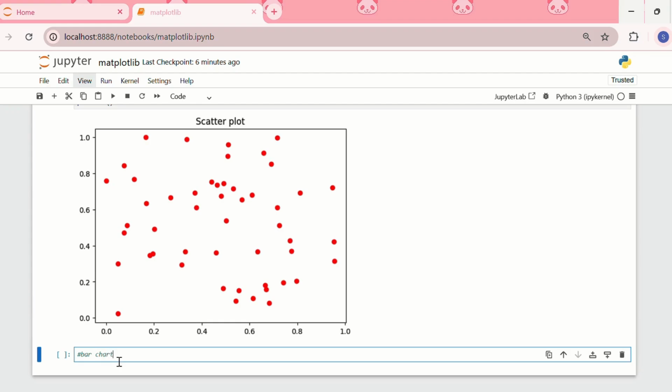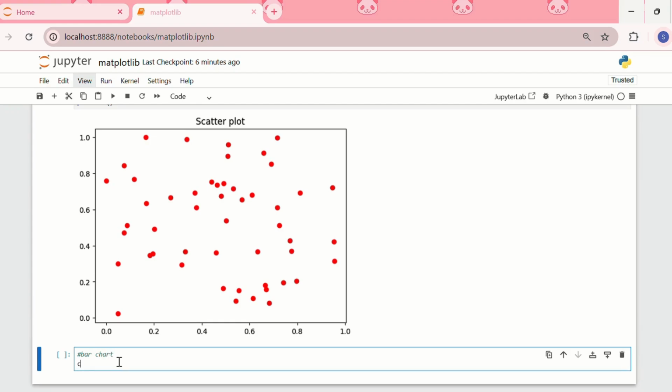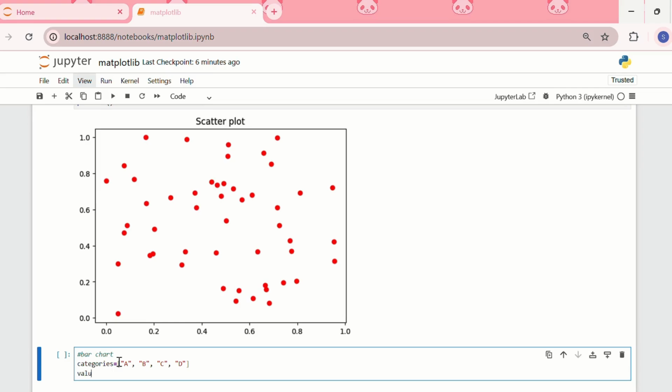So the next plot is bar chart. So for the x-axis I'll be using the column name as categories, in which I'll be storing a list containing A, B, C and D. And for the y-axis, I'll be using the values as 10, 25, 40 and 30.